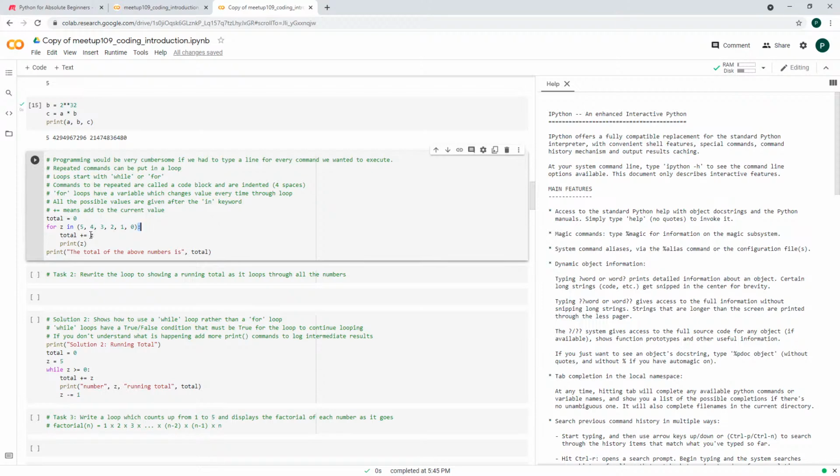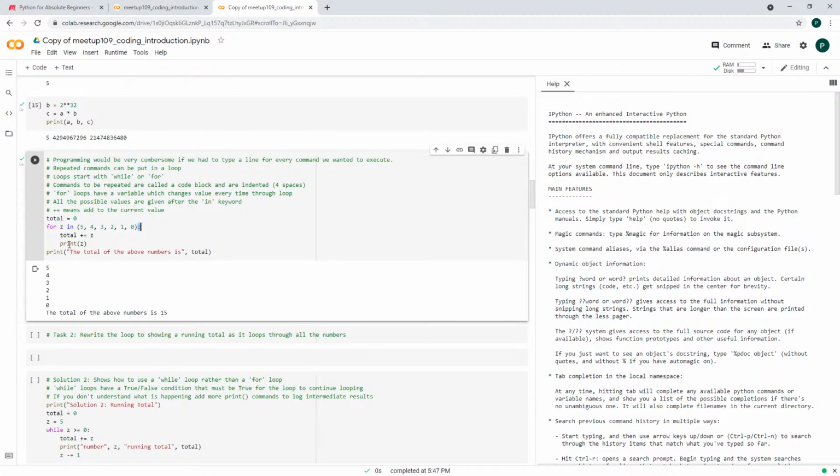So it'll loop through these 2 commands and then go back and do those 2 over and over again. As it goes through the loop, we've put here a sequence of values. We've got 6 values there, and each time we go through the loop, it stores the next value into this variable. So we've got a variable Z, it's a memory location, and the first time through this loop, the number 5 will be put into that variable, and we run through the loop. Then the next time through the loop, the number 4 will be put into Z, and it runs through the loop again. So if we run this bit of code here, Control Enter,